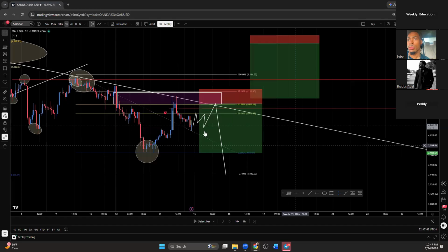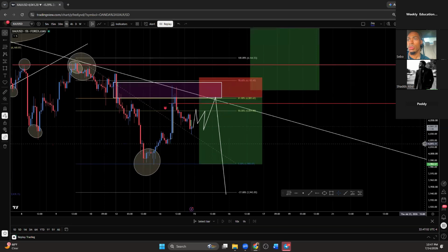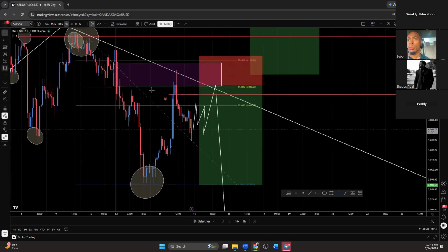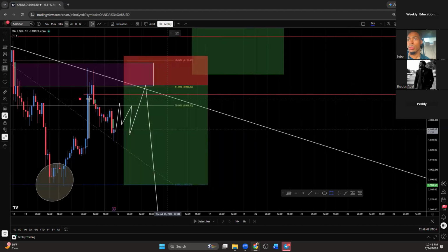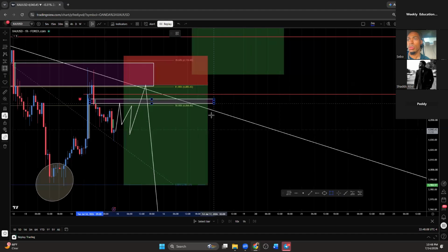And like I said, I would love to have gotten into this trade up here, but missed it. That doesn't mean just because we missed it, we won't get another opportunity. Market loves giving opportunities, especially gold. So what we can do is be mindful and pay attention to what market is trying to do. I also see a nice FVG. I see two FVGs, honestly, and my chart kind of tells me where they are. We have a nice little FVG right here, and then market also created another one right here.